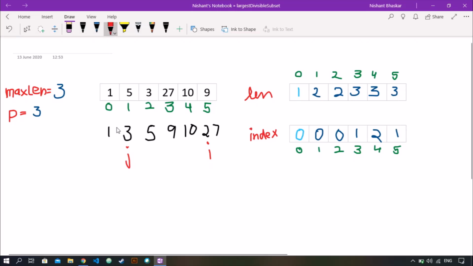Okay, and we increase j, and 27 is not divisible by 5, we increase j to 9. And now since 27 is divisible by 9, we check the length at index 3 plus 1, that is 3 plus 1 is 4, is greater than 3 or not. It is greater, so we update this to 4 and we put 3 here. Okay,